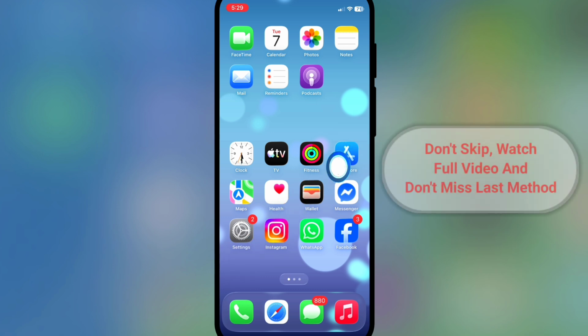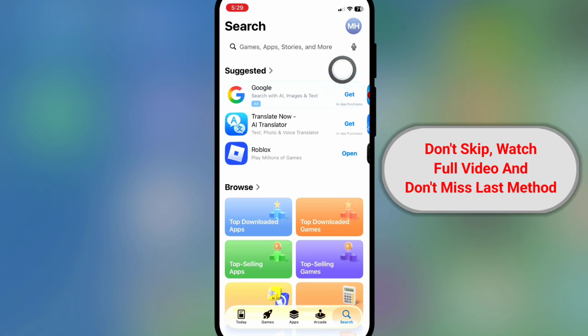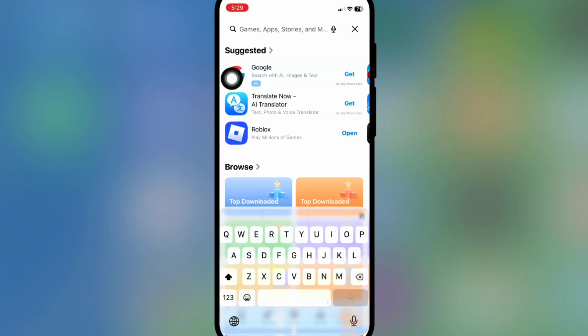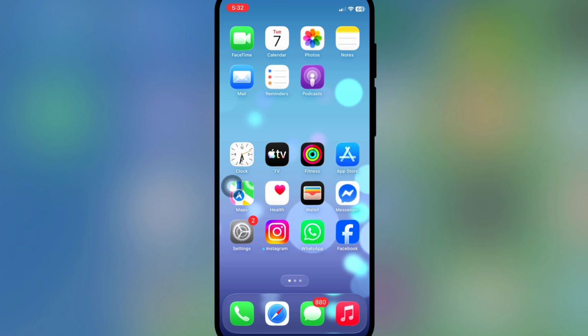For fixing this problem, first of all, go to App Store and then search Instagram. Search for Instagram. Update your Instagram app to the latest version. Just click on the update option and then wait for the update process to complete. After completing the update process, now go to settings option